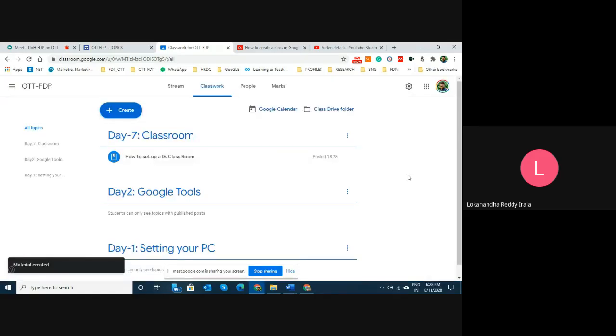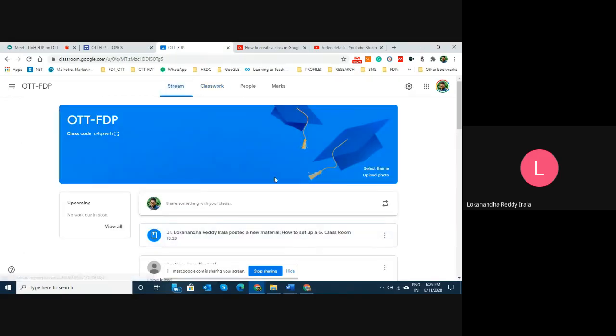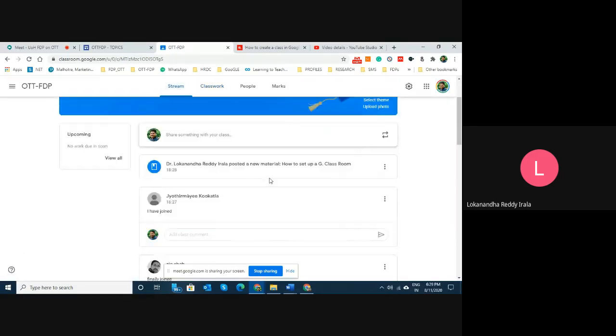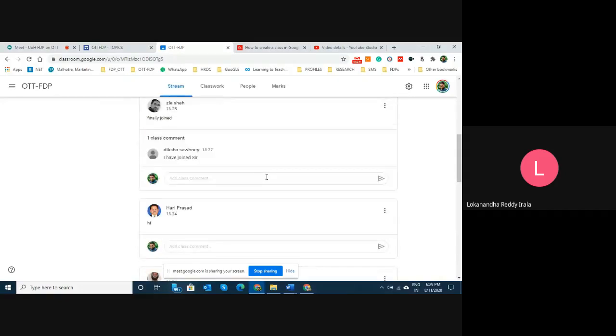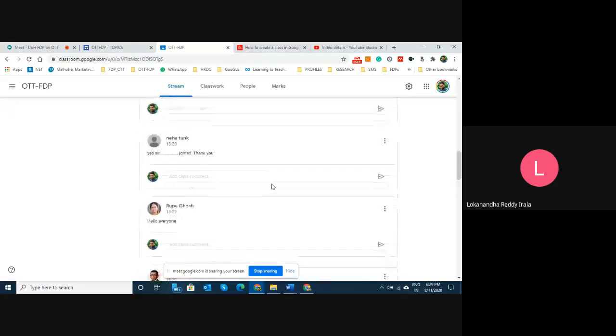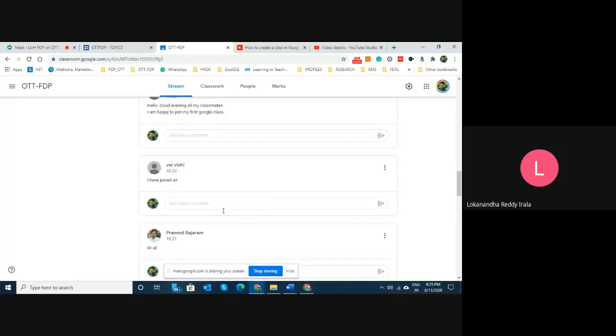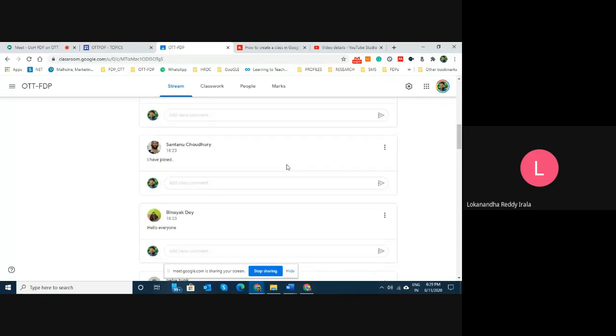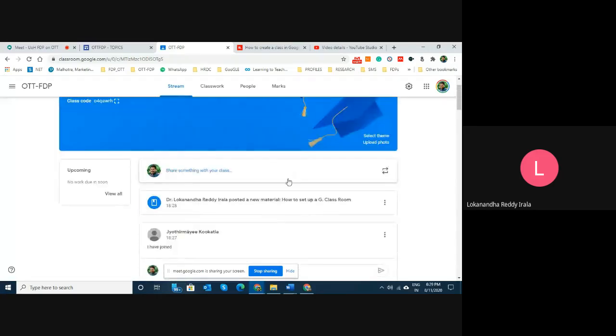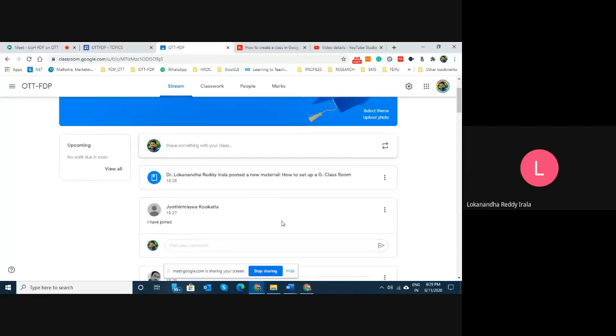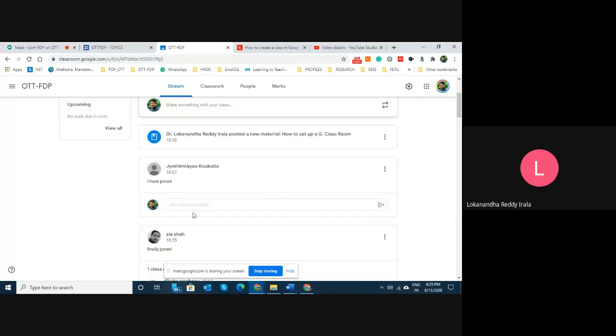And say post. So if you post it this way, now here is something called stream. So this is something like your Facebook kind of interface, where anything that is updated in this particular classroom, either by way of posting of the material by the teacher, or posting of assignment by the teacher, or posting of comments by the fellow classmates, all this will come and chronologically sit here in this space.